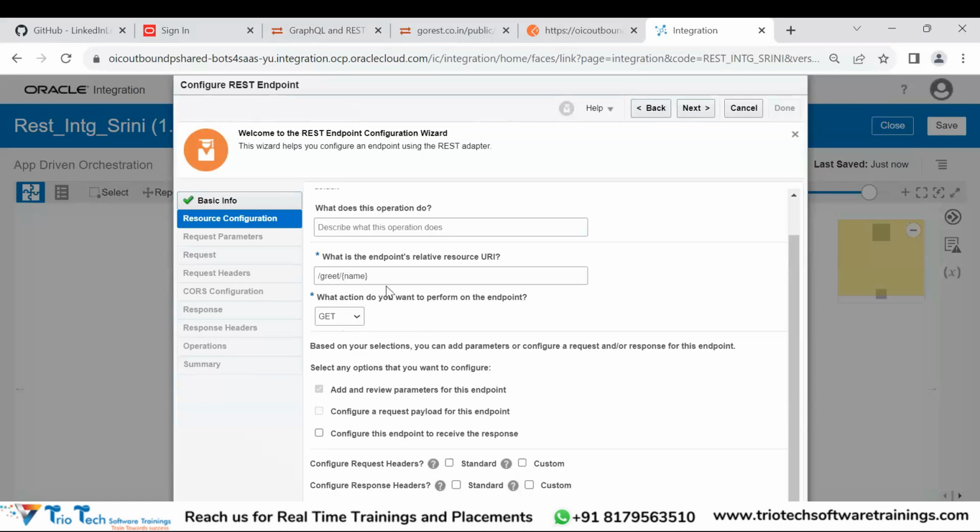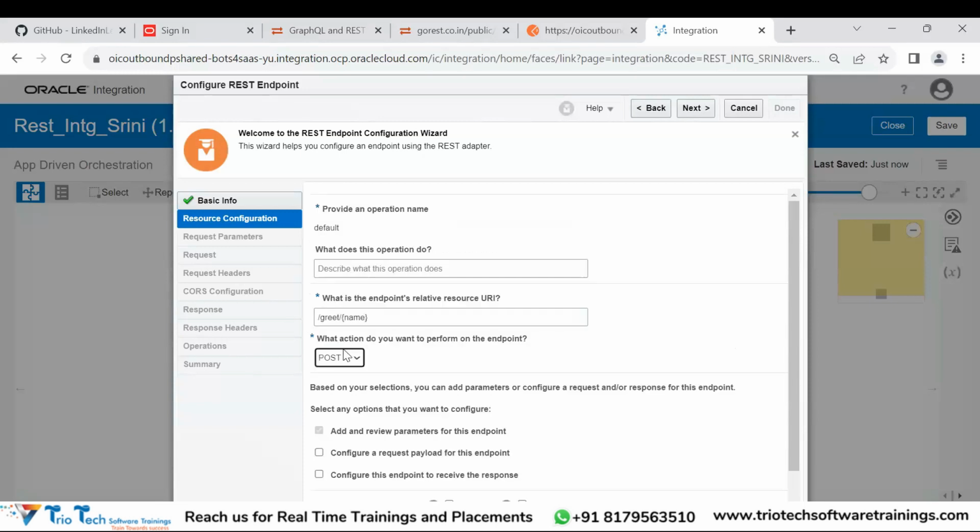Normally, to get any message, we use get. Put is for sending messages. Normally, post is for create: if a payload is used to create an employee, we use the post operation. And delete is a single record operation. So if you select post,